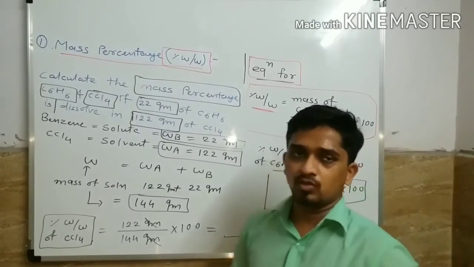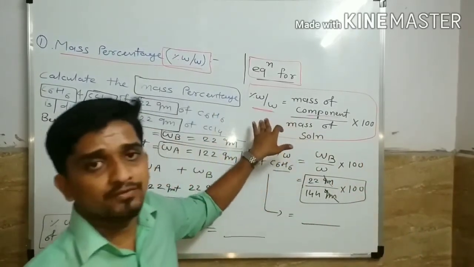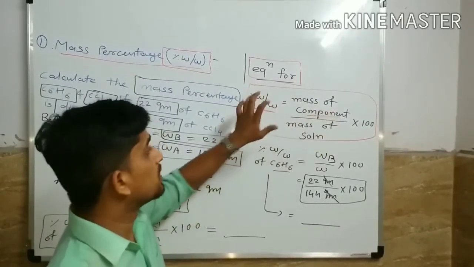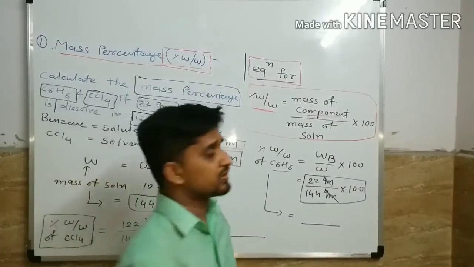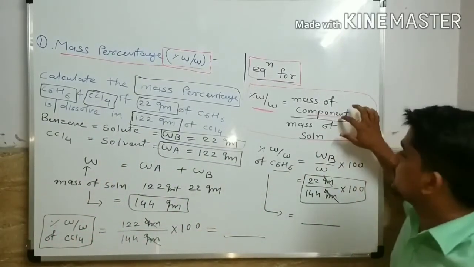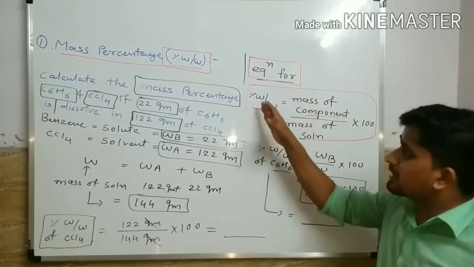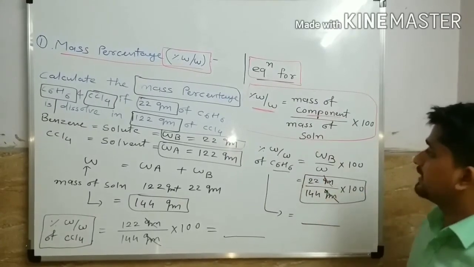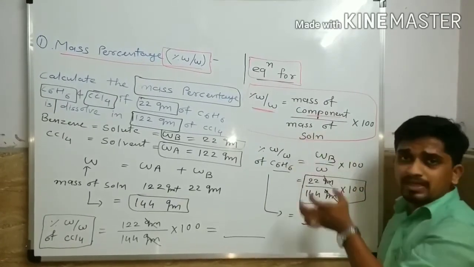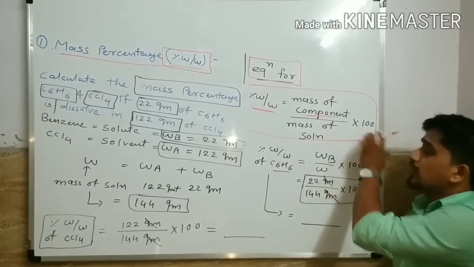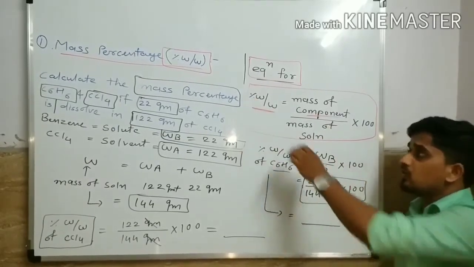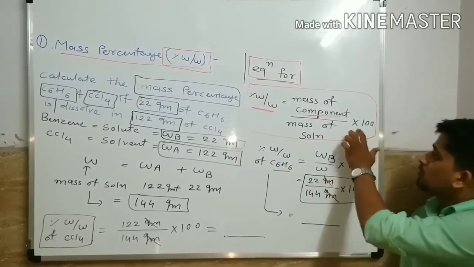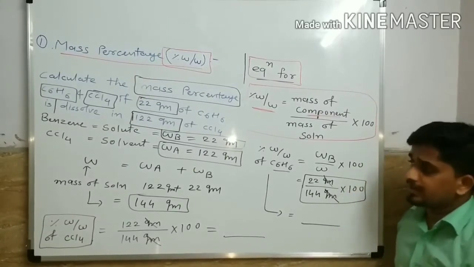So now you know how to use this equation. Here, the component used is whichever component's percentage of W by W we have to find. ठीक है ना? यहाँ पे जो component है वो क्या है? जिस किसी भी component का percentage of W by W हमें ढूंढना है, उसका मास यहाँ पे लेना है और डिनोमिनेटर में हमें मास ऑफ ए सॉल्यूशन लेना है. Into 100 क्यों है? Because we have to find percentage of W by W, in W by W in percentage. Therefore we have to multiply with 100.